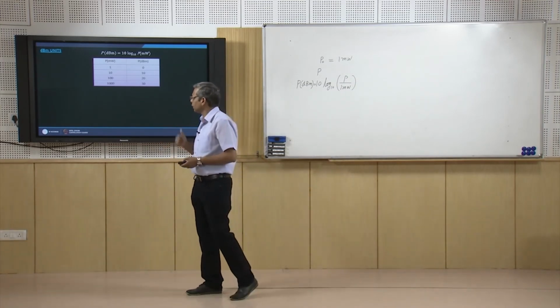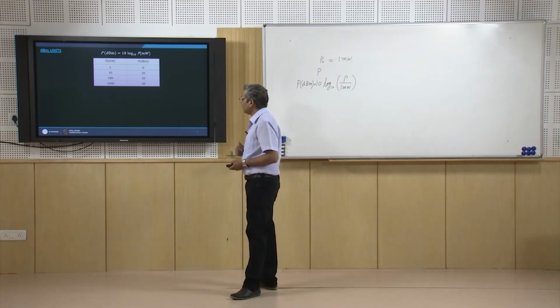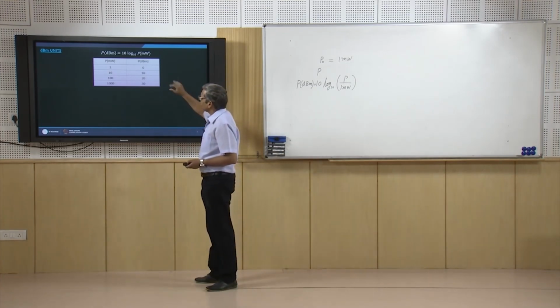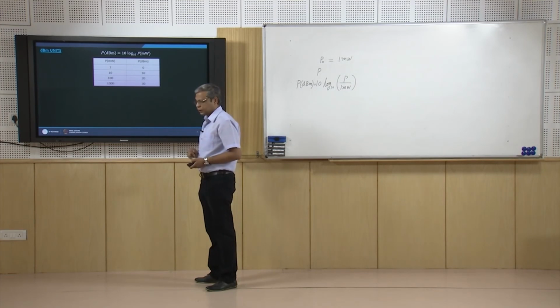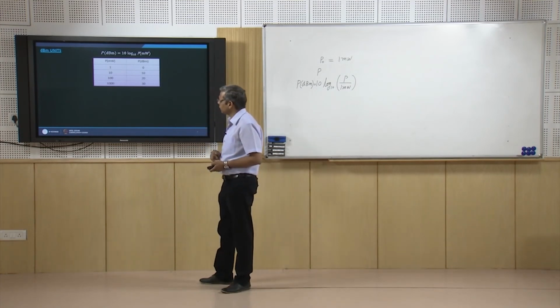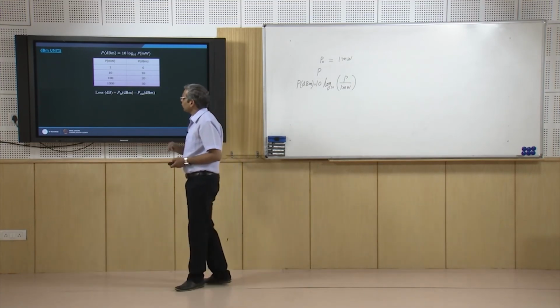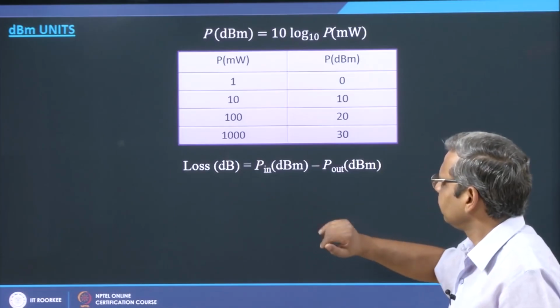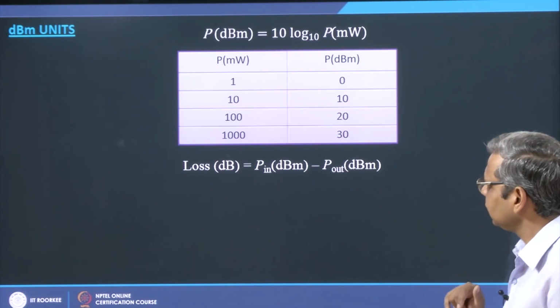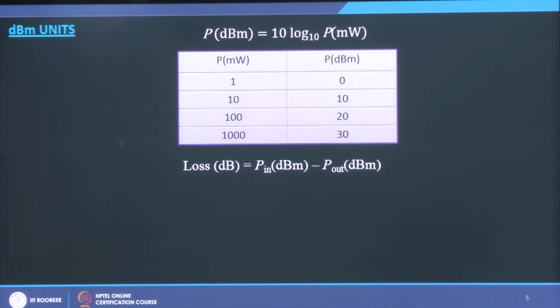So, in this way we will represent power using dB units and dBm units, and the calculations become very easy. For example, I can now represent loss by simply P in in dBm units minus P out in dBm